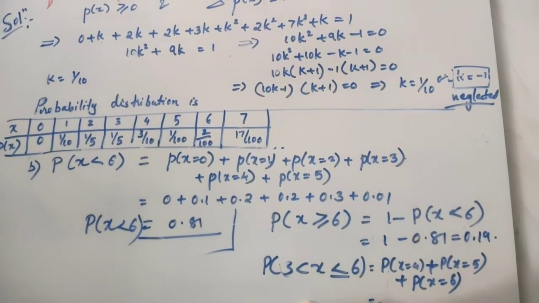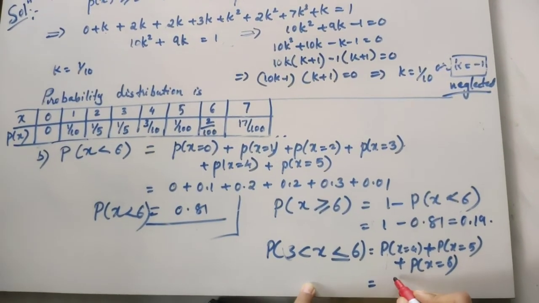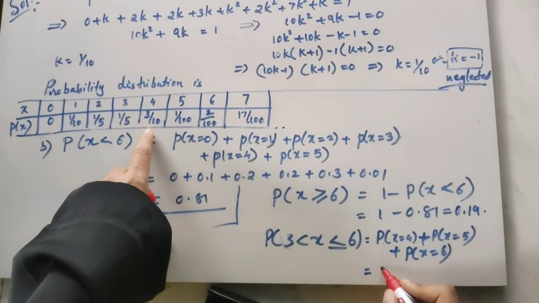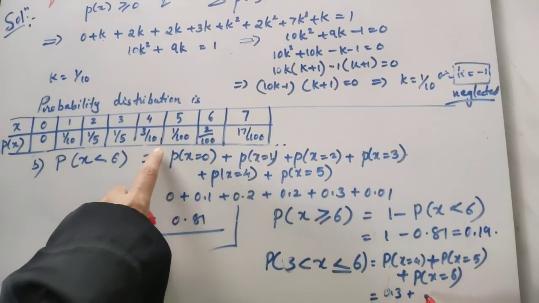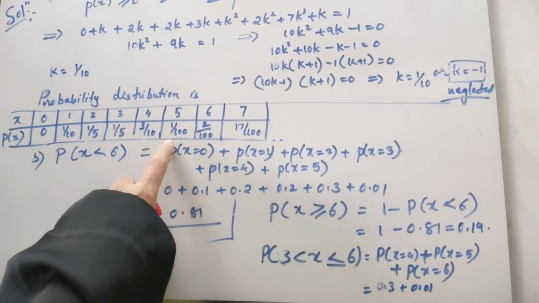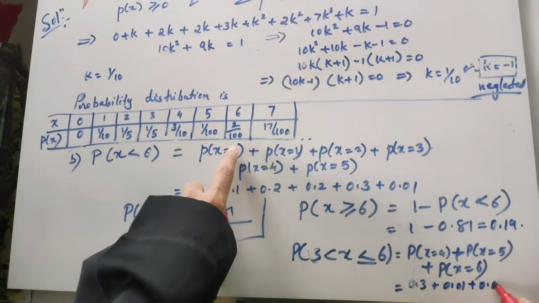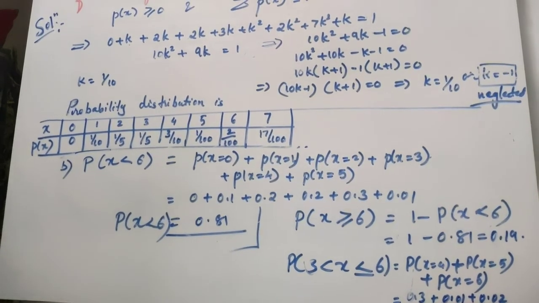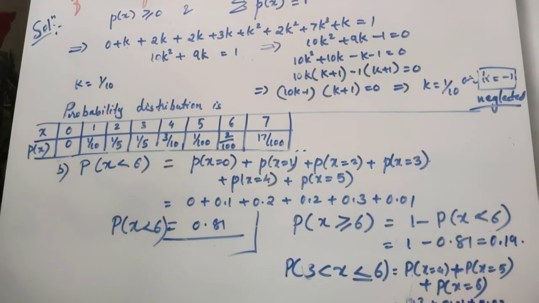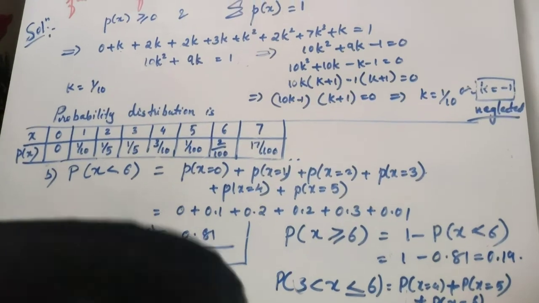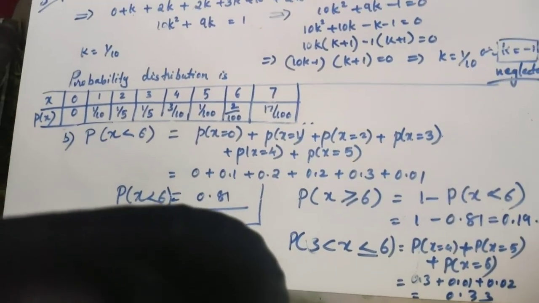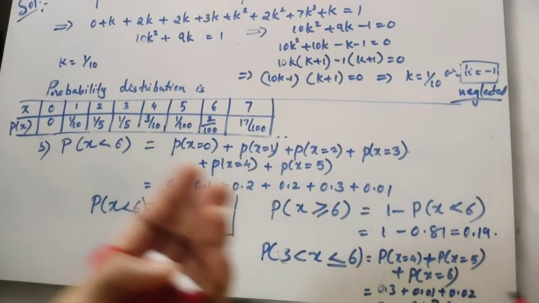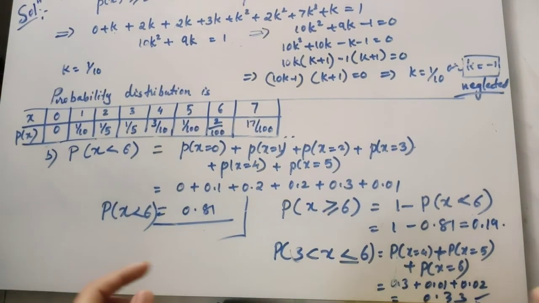So it is 0.3 plus 0.01 plus 0.02. It should be 0.33. Just check the value. I hope this is clear to all of you. Now continue with some more important